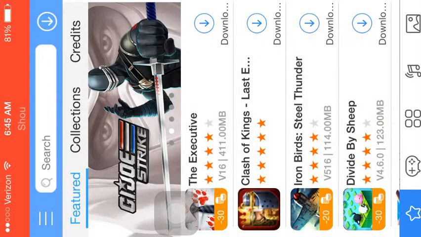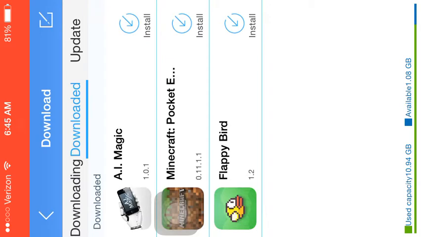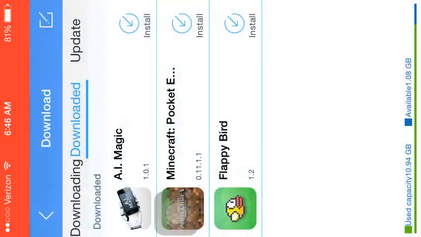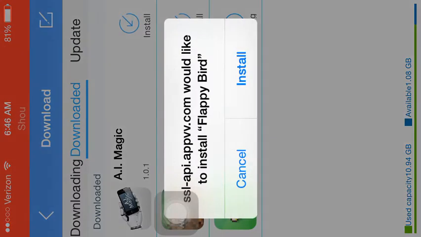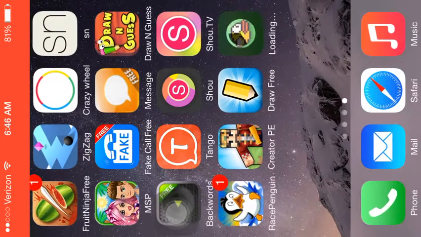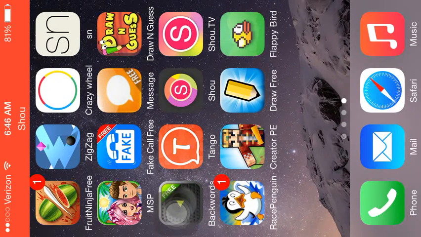So when you're going to press install, press back, it'll come to here, show it right there. When it's done, it will show it right here. And then what you want to do is you'll say, do you want to install? Press install, and it will install. Oh crap, I have to install it again, I forgot. Press install. Well, it'll ask you already right when it's done, but it'll ask you right here. Press install, press the home, and Flappy Bird is right there.